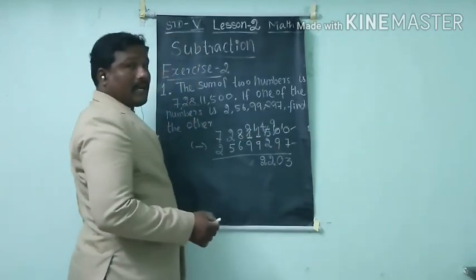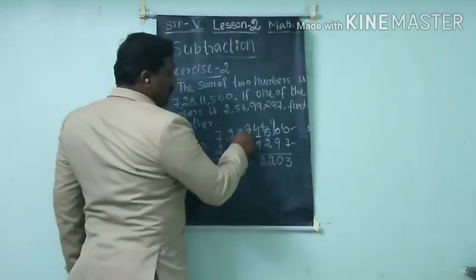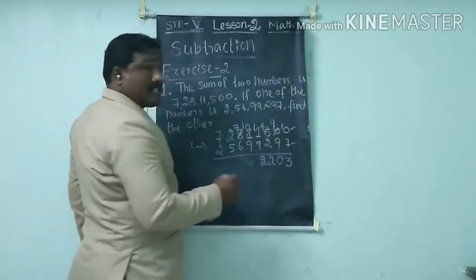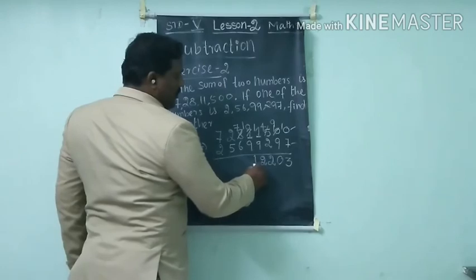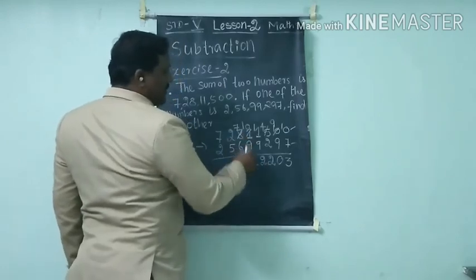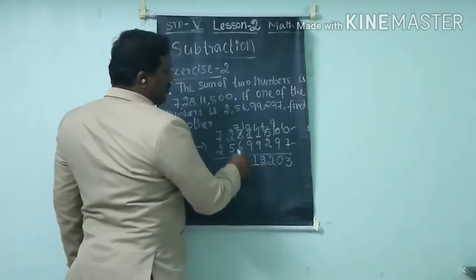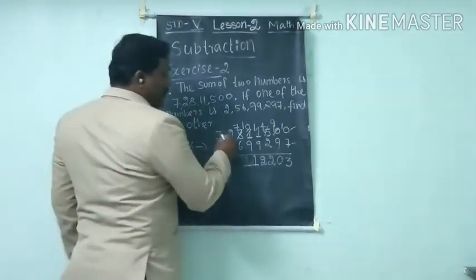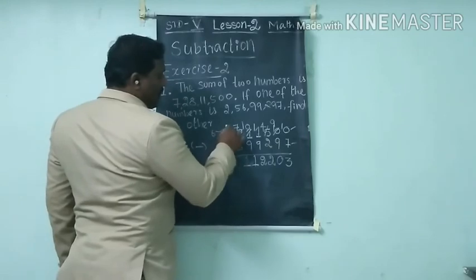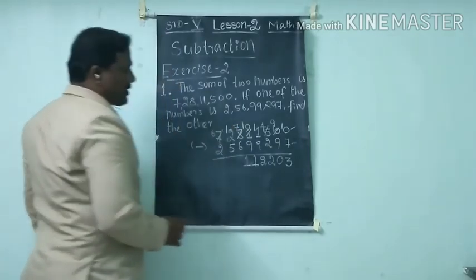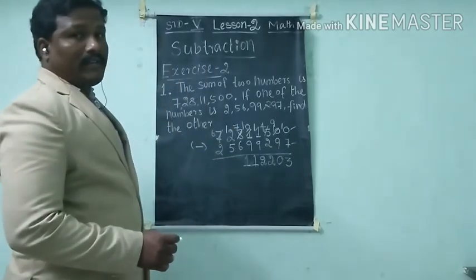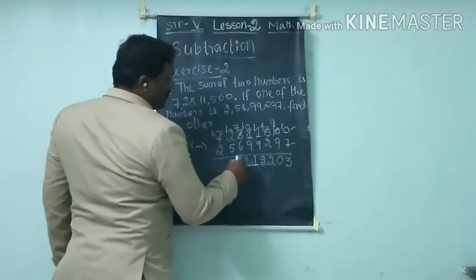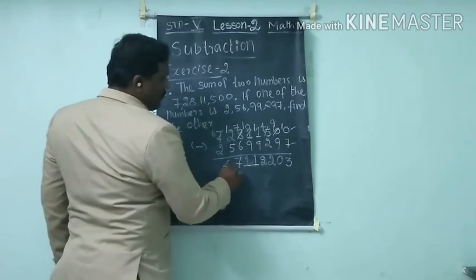So we cannot subtract. So we need to borrow 1 from here. So here becomes 7. Here 10. 10 minus 9. So we got difference 1. Okay. 7 minus 6. Again we got 1. So 2 minus 5. We cannot subtract. So we need to borrow nearby number. So here becomes 6. Here 12. So 12 minus 5. 6, 7, 8, 9, 10, 11, 12. So 7 is the difference. Okay, 6 minus 2, 4.